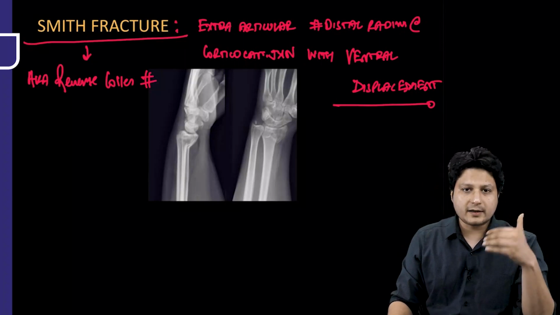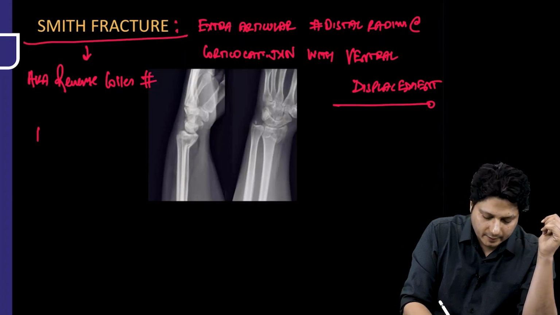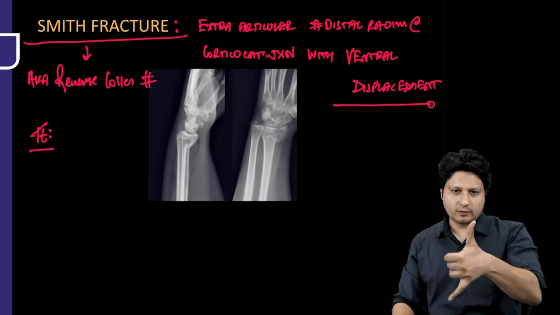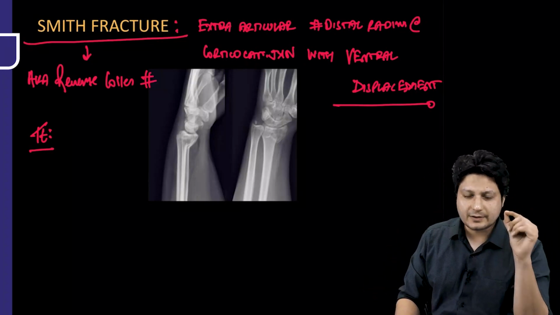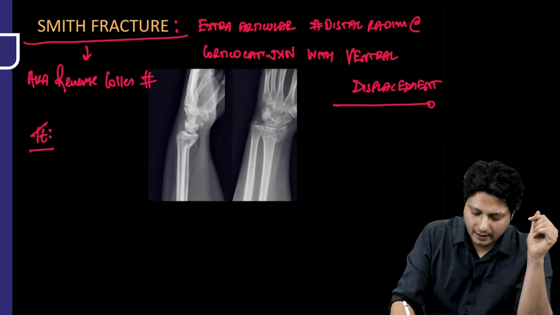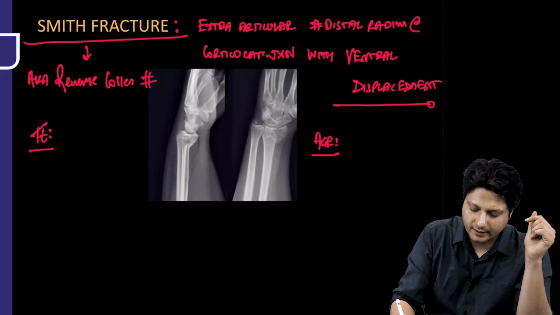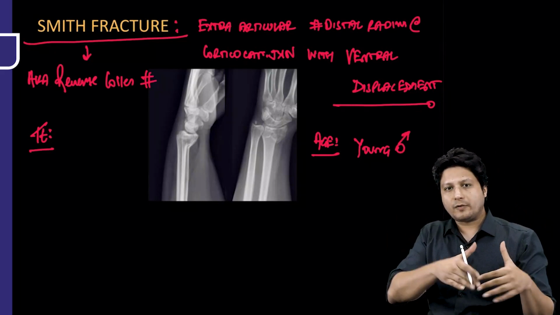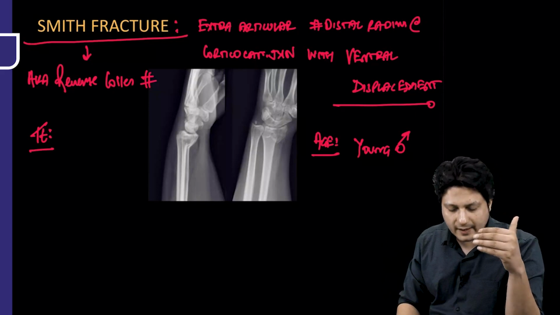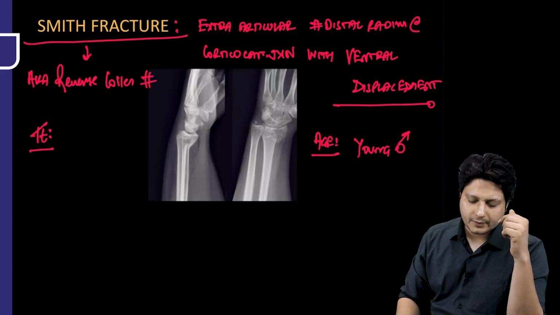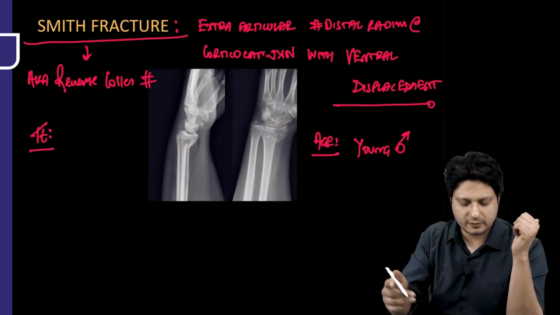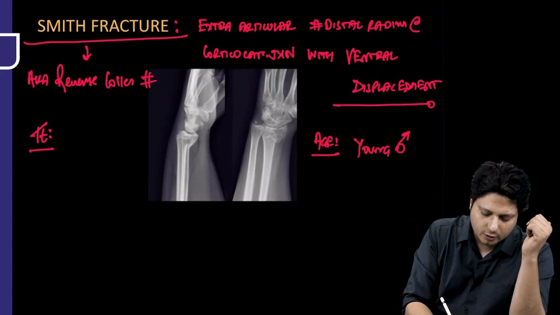Alright. Now as far as the treatment is concerned, or you can say the differences between the Colles and the Smith, one of the differences is in the definition. Then the second difference is the age group which is likely to be affected, which is young males. Colles fracture was commoner in elderly females, while Smith fracture is more common in young males. And the management for minimally displaced Smith fracture is achieved by closed reduction